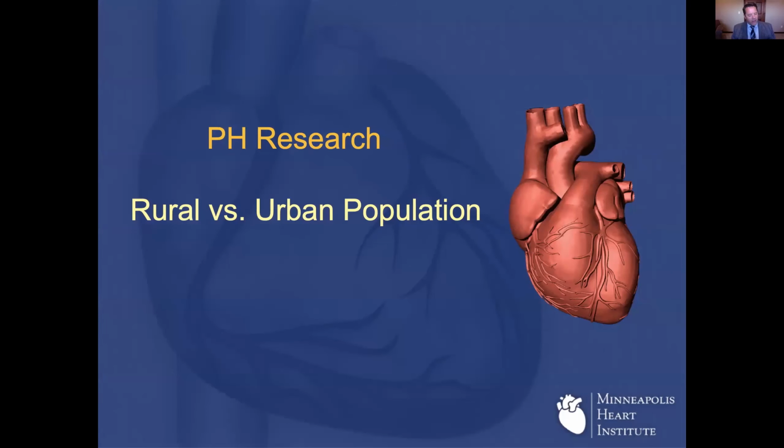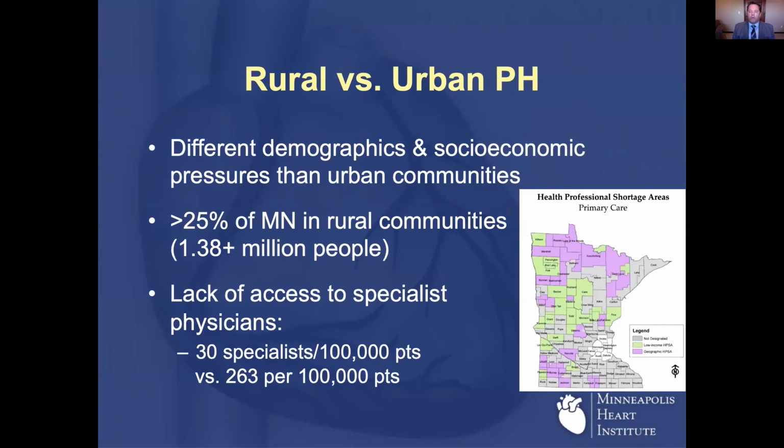So to segue into some of the research that we've been doing at Minneapolis Heart Institute, we're going to talk about one project that was started several years ago, looking at rural versus urban patients who have pulmonary hypertension, and this really started with echo data in our clinics and highlighting patients who had elevated RVSPs